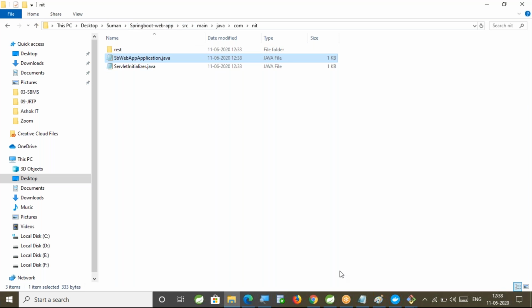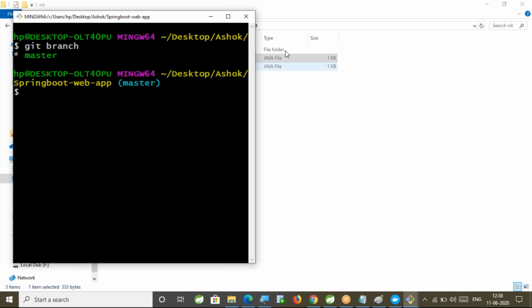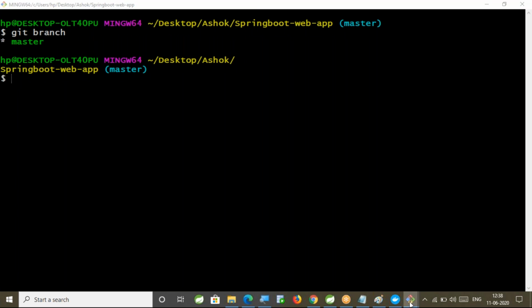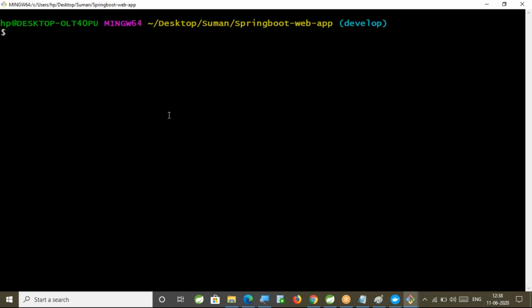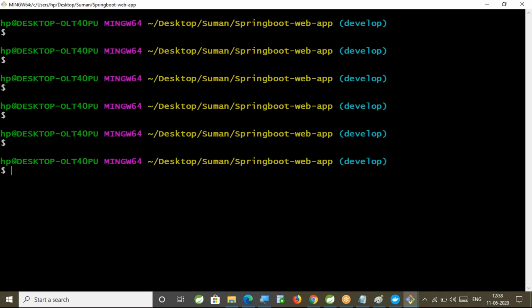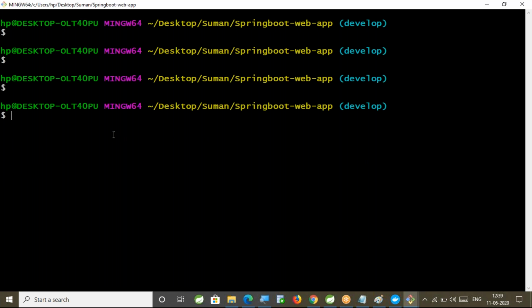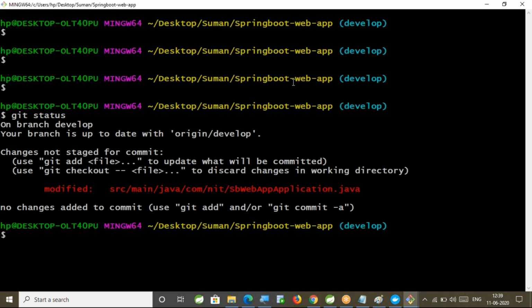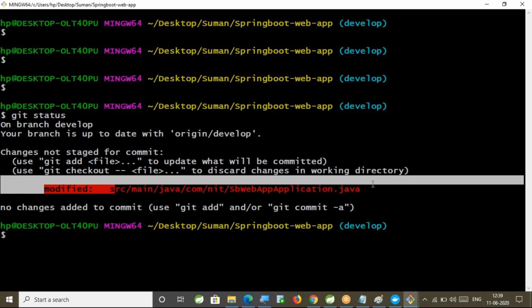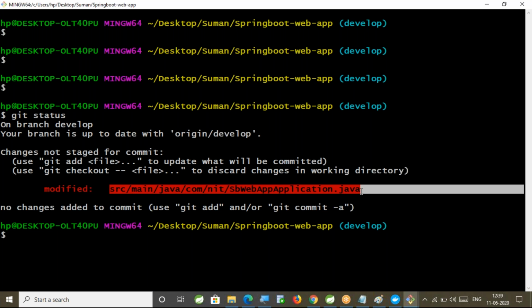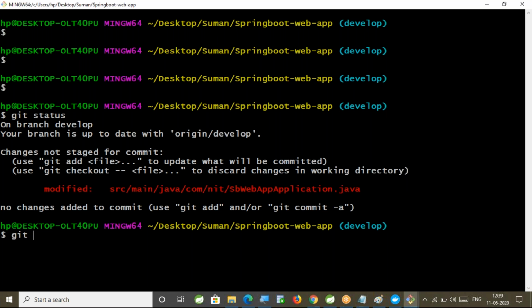Now, do you know how to commit those Java classes? Right. Currently, we are pointing to Suman system. I modified the code in the same folder. How can I check? First, what I modified? Status. There is a file which is modified. It is not staged for commit. Can I stage that file for commit?